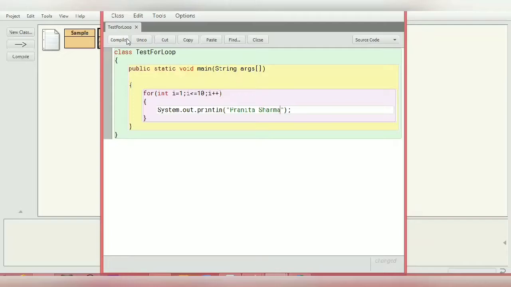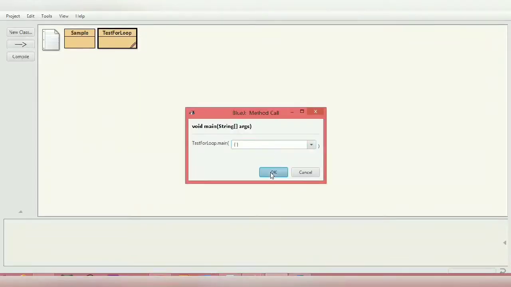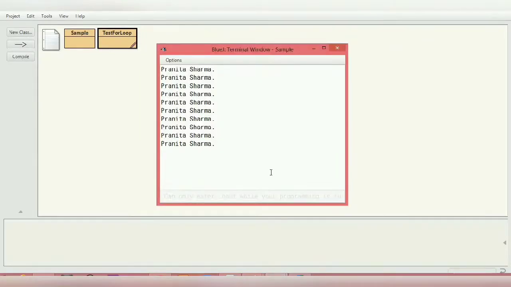I have written my name. Let's compile it. Let's see the working of the program. See here, my name is printed 10 times.